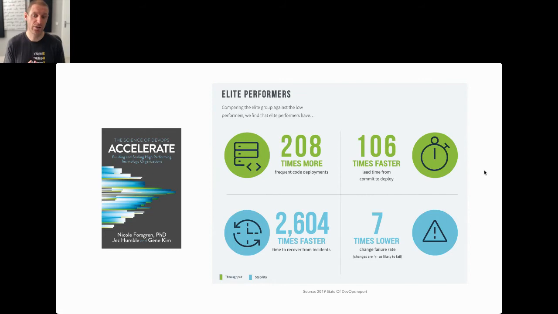And what is most interesting is that their time to recover from a failure is very much faster, and their change failure rate is a lot lower. So yes, these folks are doing a lot more deployments, but by doing those many small deployments, they're actually reducing the risk profile while allowing to go to production quite quickly, and a lot more quickly than